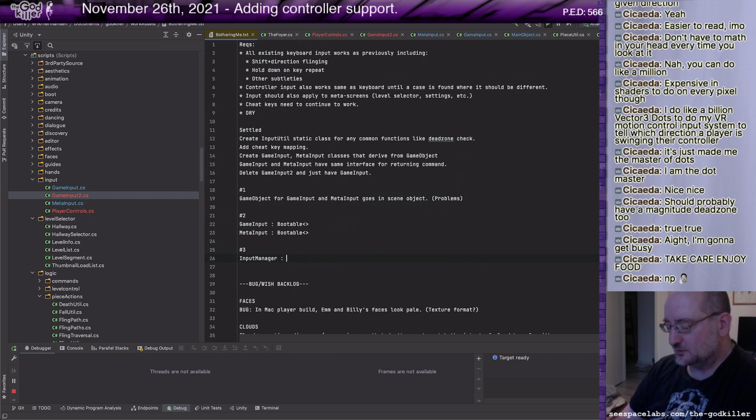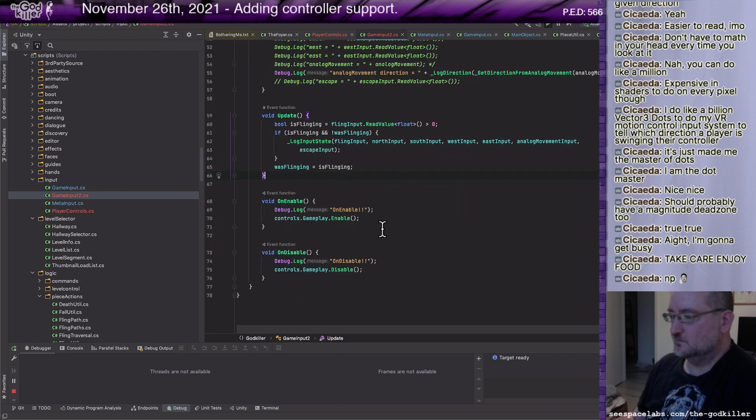Input manager bootable, and all it does is enable controls gameplay.